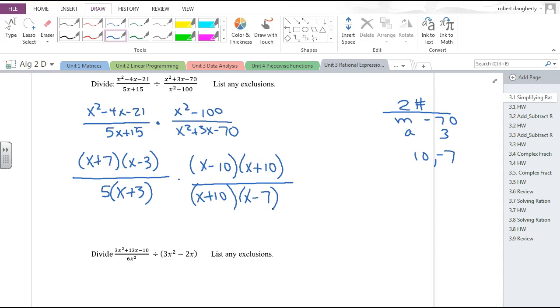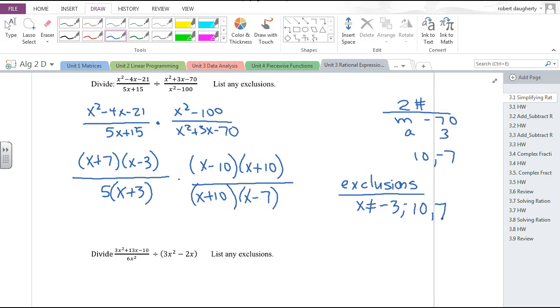Now, at this point, I changed it to multiplication. It's fully factored. Now tell me all the exclusions, okay? So what are the exclusions? X cannot be what? Negative 3, and what else? Yeah, negative 10, and positive 7. Now, someone tell me, why didn't I do the exclusions when it was a division sign? Why did I change it to multiplication? Why did I wait